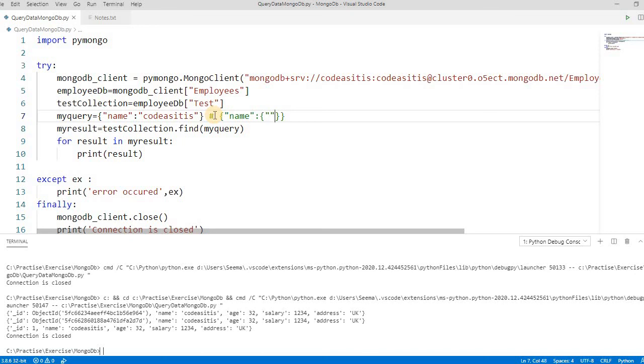Then you have to pass age, and here you have to pass GT, which means greater than, and then pass the value. If it is an integer, it's a simple one. The same way we can use a regular expression also, regex, and you have to pass the regular expression to match the query. That's about how to query MongoDB.